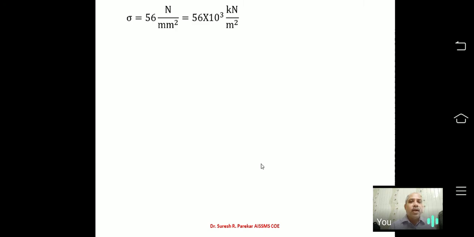Sigma, now we have to convert into kilonewton per meter square. We have all values in kilonewton and meter, so we prefer to convert sigma only. So we need not convert everything into Newton and millimeters, which becomes easy. This is the IS point of view that you have to consider. So now we have Newton to kilonewton 10 raised to minus 3, and millimeter square to meter square 10 raised to minus 6. So we have 10 raised to minus 3 in the numerator, 10 raised to minus 6 in the denominator. So it goes 10 raised to 3, that is numerator.